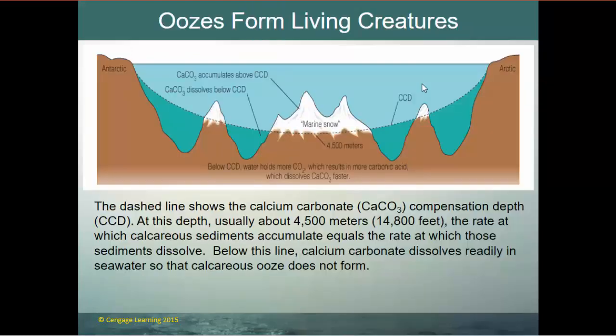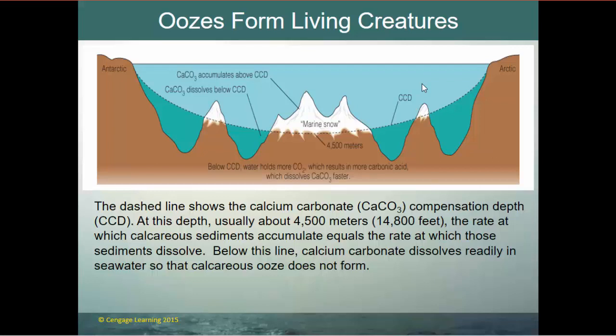All right, so here are the oozes, sometimes called marine snow. The dashed line shows the calcium carbonate compensation depth, the CCD. At this depth, usually about 4,500 meters, the rate at which calcium sediment accumulates equals the rate at which the calcium carbonate dissolves. So things dissolve more readily in the colder water. So below this line, the calcium carbonate dissolves readily in the seawater, so you don't get any oozes that form. Above that line, the calcium carbonate doesn't dissolve in the seawater as well, so you get an accumulation,